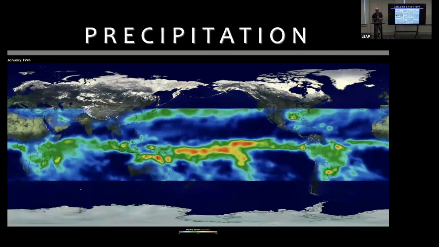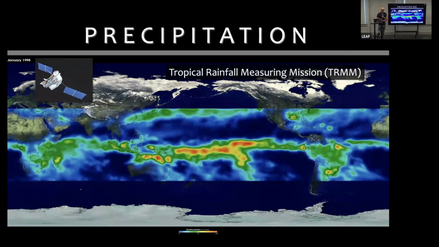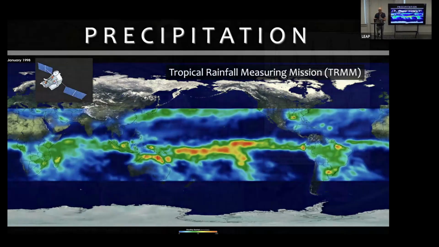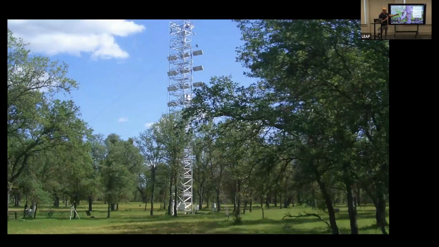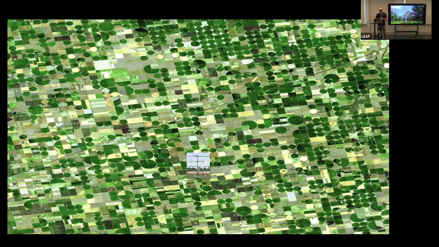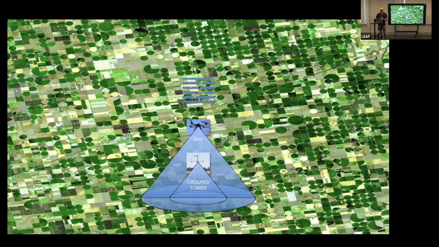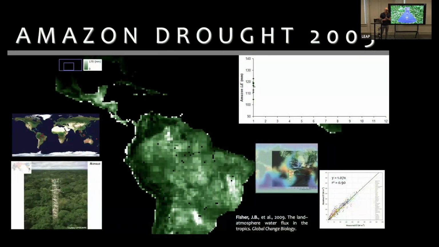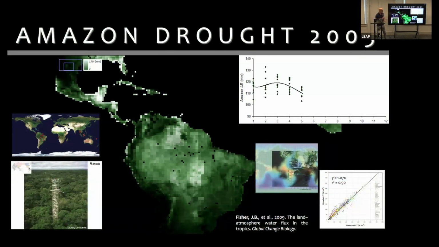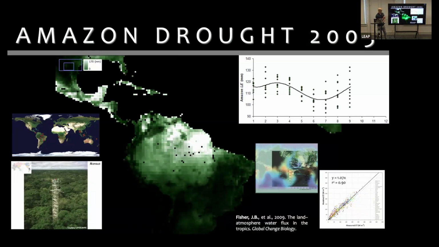And so we looked at this again using the Tropical Rainfall Measuring Mission, TRMM, for the rainfall. And then my PhD work with Dennis Baldocchi involved evapotranspiration. I was really interested in ET. And so I built these sap flow sensors that you could stick into trees to measure transpiration. And I put them under eddy covariance towers to scale it up to the tower. And then I started scaling that from the in situ and towers to drones and airplanes and spaceborne measurements.